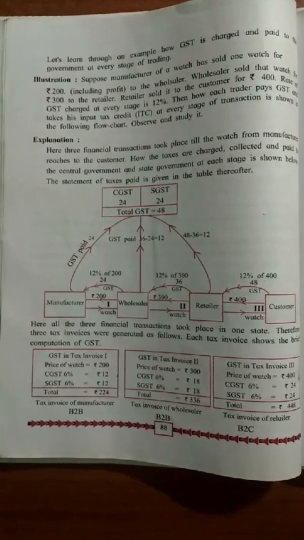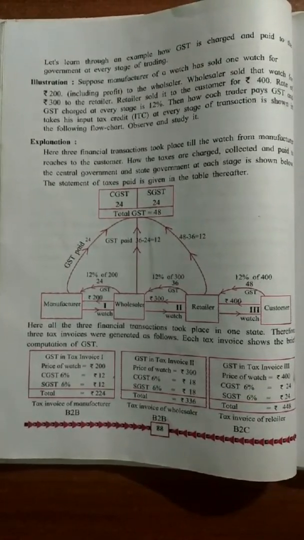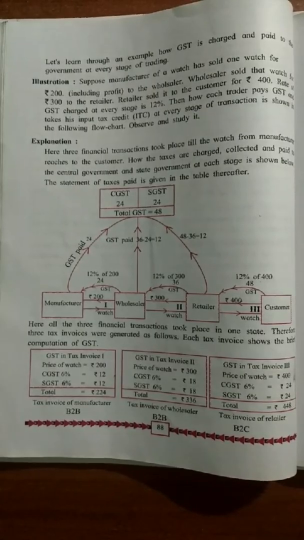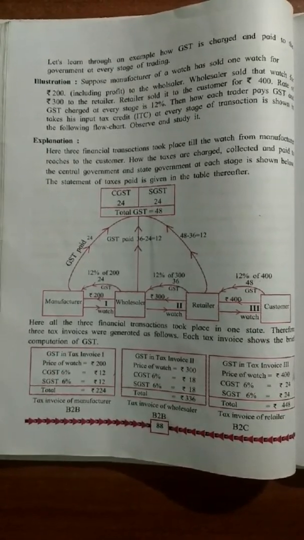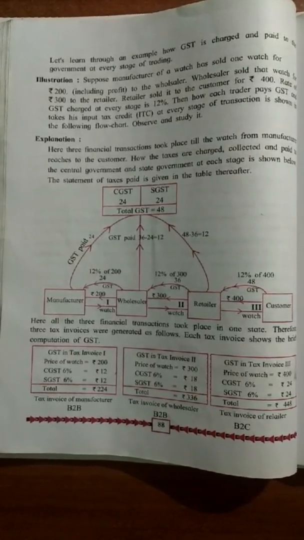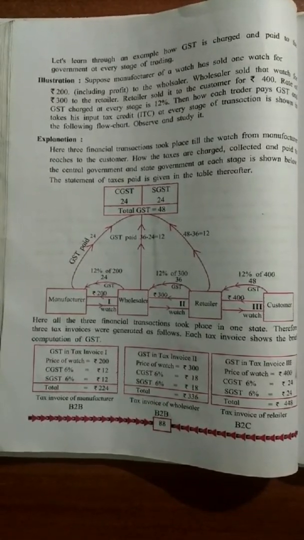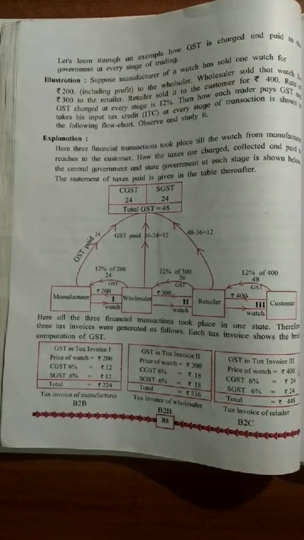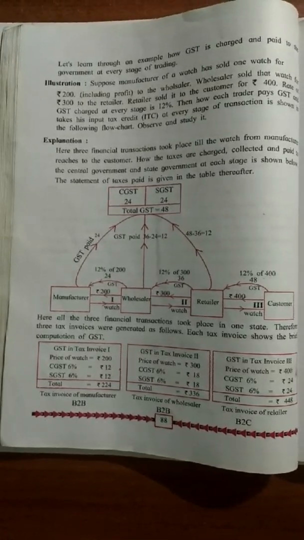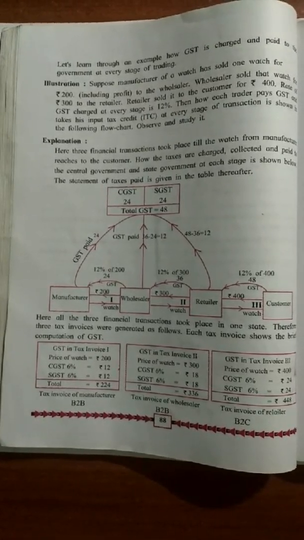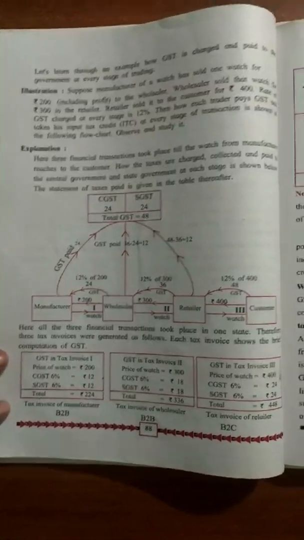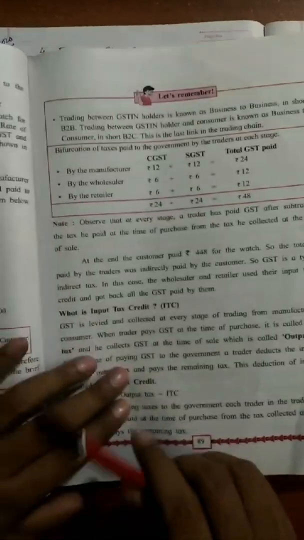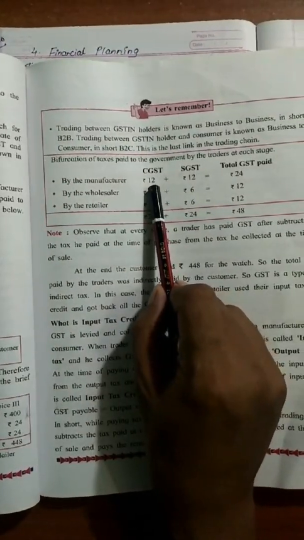You all can see an example has been given. A manufacturer sold one watch of rupees 200, including profit, to the wholesaler. Then the wholesaler sold that to the retailer for 300, then the retailer to the customer for 400. Now 12% GST each of them are paying. So you can see the manufacturer is paying 12 rupees